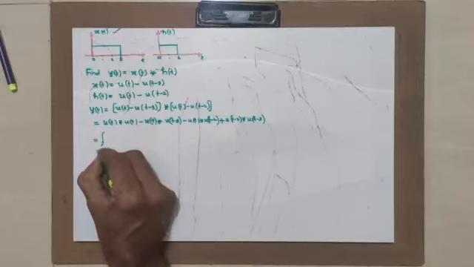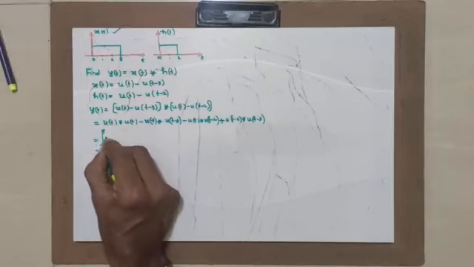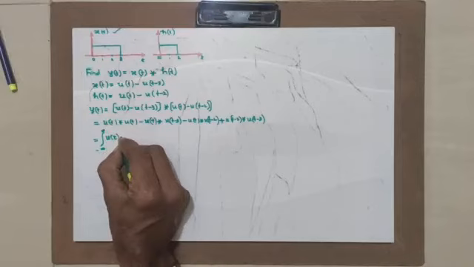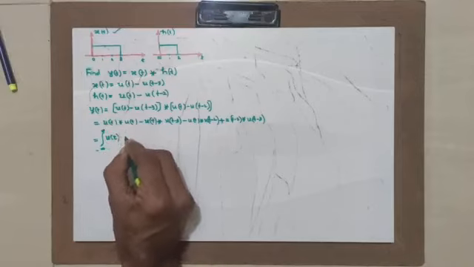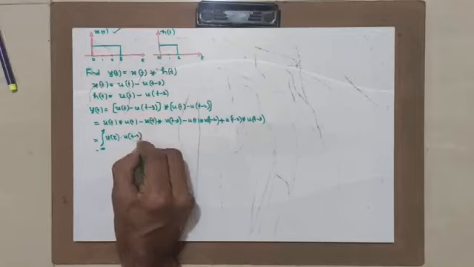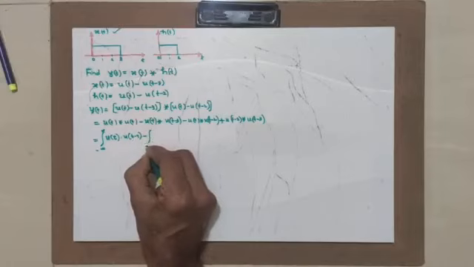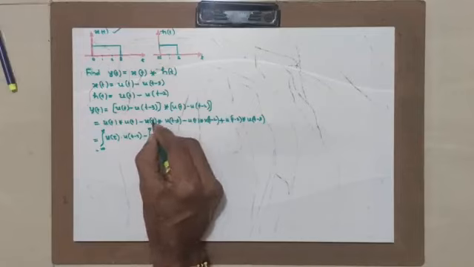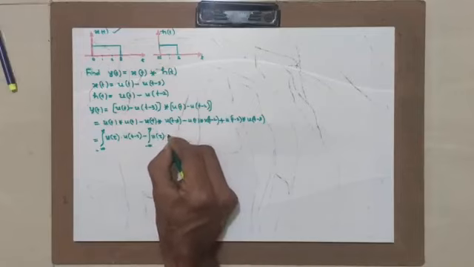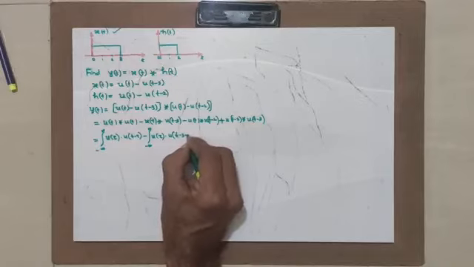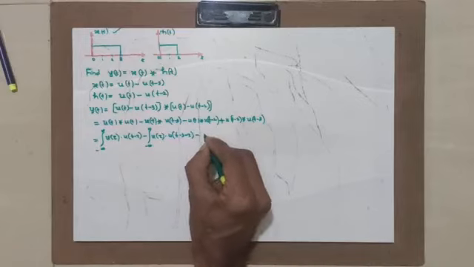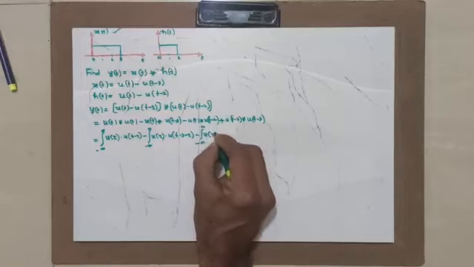That means integration from minus infinity to infinity, first signal u of tau, dot, that means multiplication, second signal u of t minus tau, minus integration from minus infinity to infinity, first signal u of tau, that means instead of t you are writing tau, dot, second signal u of t minus 3 minus tau, minus integration from minus infinity to infinity, again u of tau,